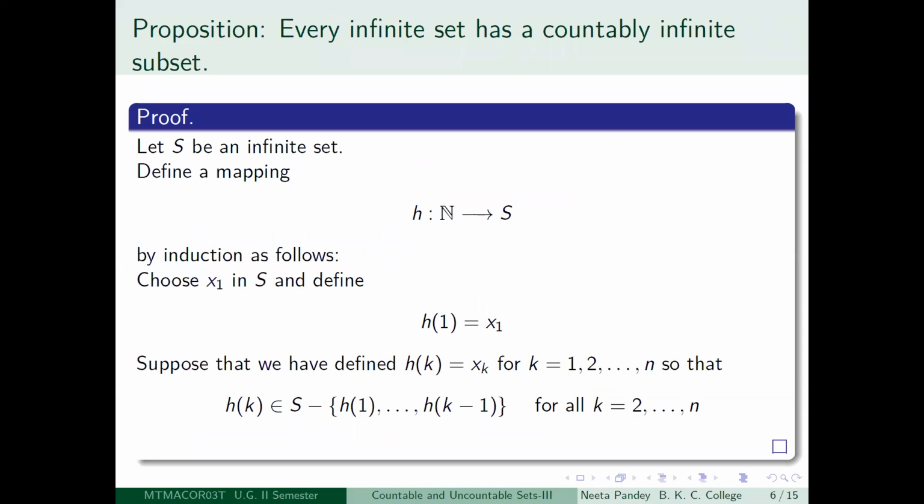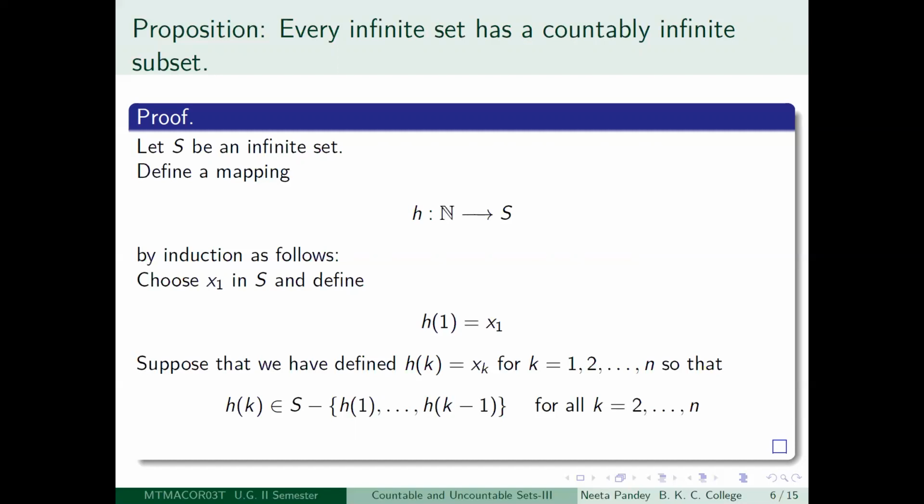The next result is interesting, and it is not something which you have already seen. It says that if you have any infinite set, so an infinite set can be of two types. It can be either countable or uncountable. So whatever your infinite set be, it will have a countably infinite subset. So the proof of this is reminiscent of a proof which we have already done. So let us see how we are going to proceed.